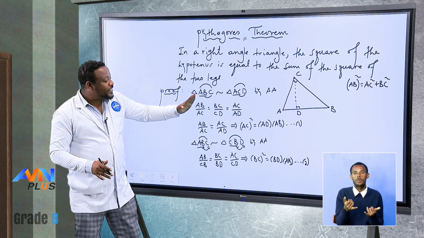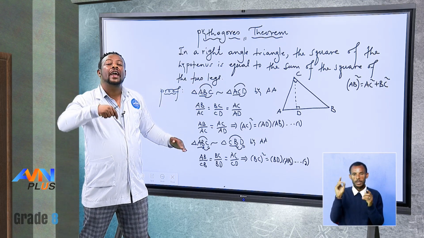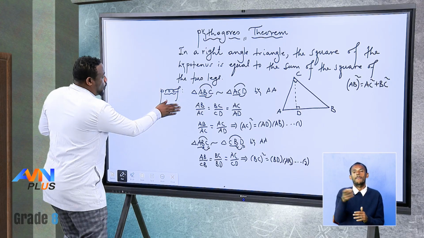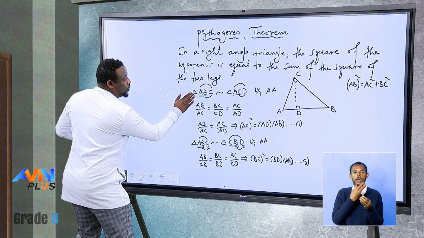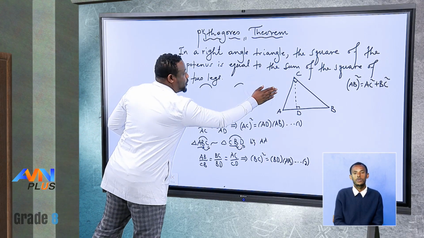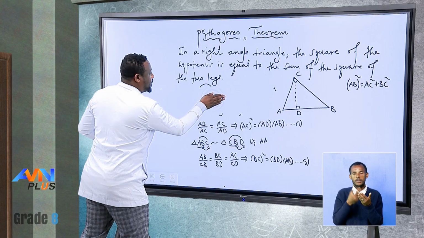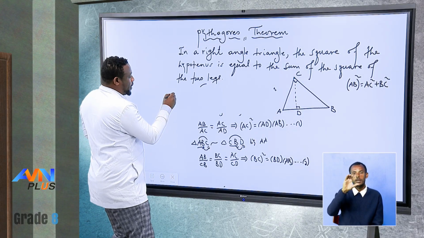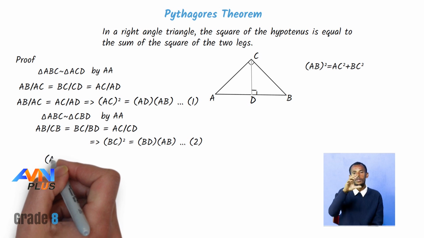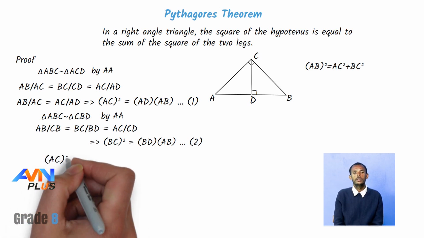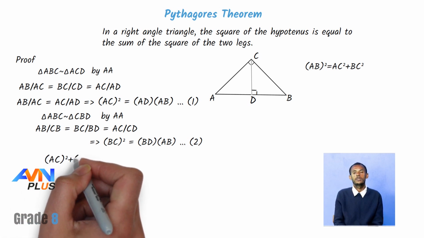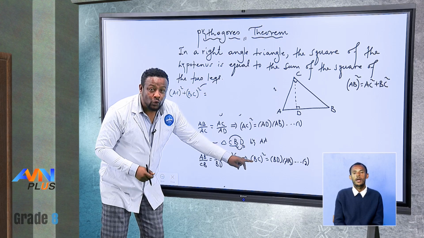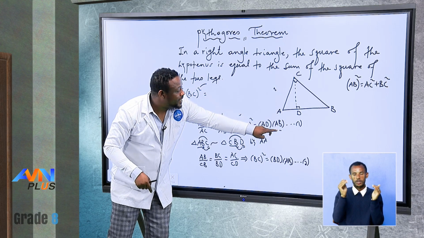Now let's add equations 1 and 2 directly. We will see what will happen. When we add these two, we get AC square plus BC square is equal to, adding these two is the same as adding these two components,